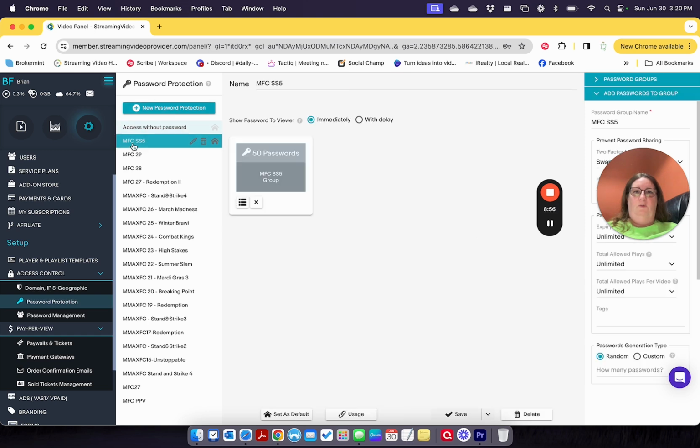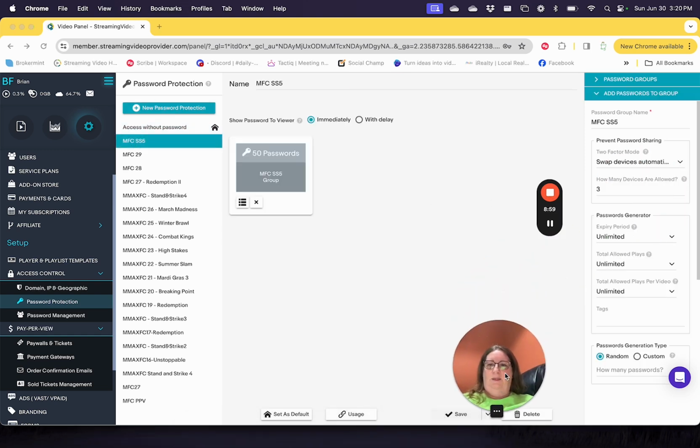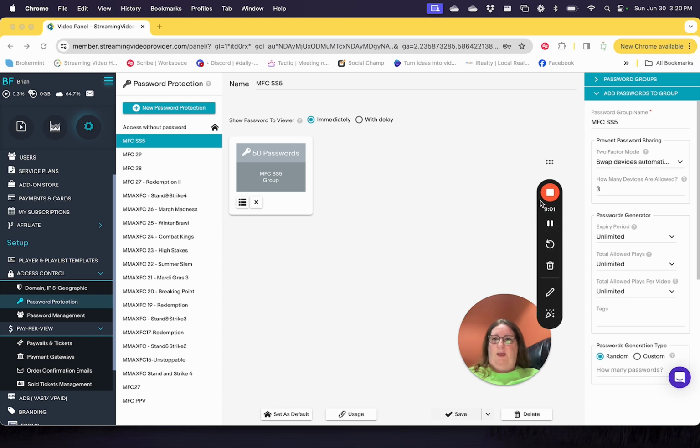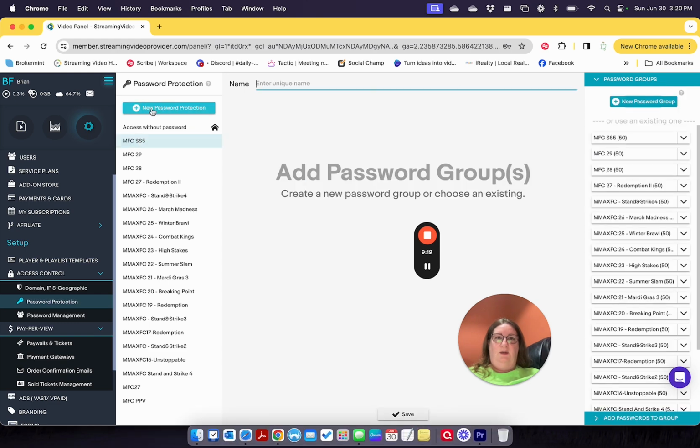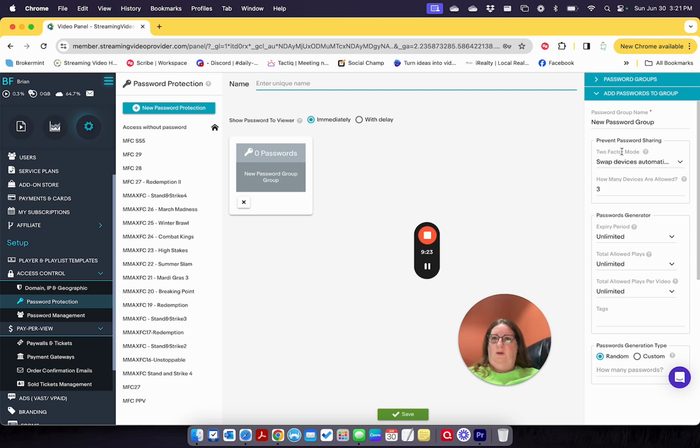I'm going to look at the old one. It made the passwords for us. I'm pretty sure there's probably instructions on how to do this on the internet with Streaming's video provider. Also, they have a chat button here that you can ask questions. This is pretty much all I know. Okay, so new password. We're going to do a new password group. We're going to name it